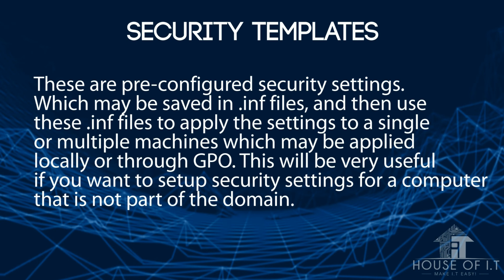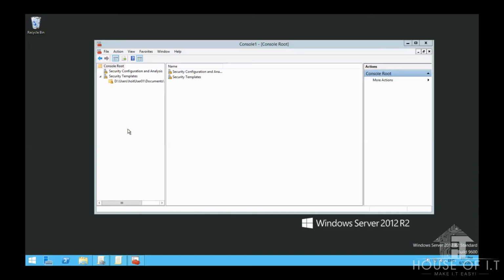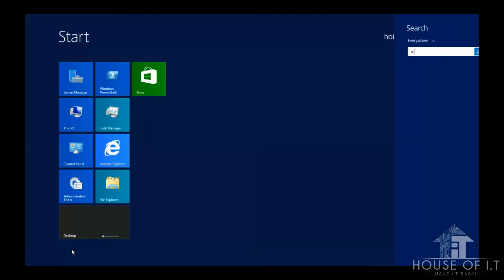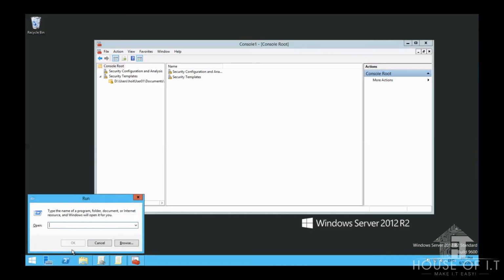These are pre-configured security settings, which may be saved in INF files, and then you use these INF files to apply the settings to a single or multiple machines, which may be applied locally or through GPO. This will be very useful if you want to set up security settings for a computer that is not part of a domain. So here I created a new MMC by clicking on Start, then Run, then typing in MMC,